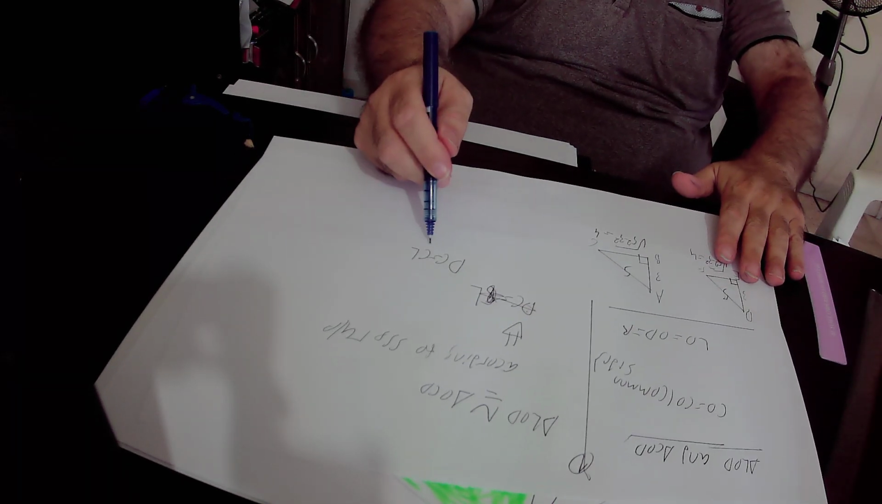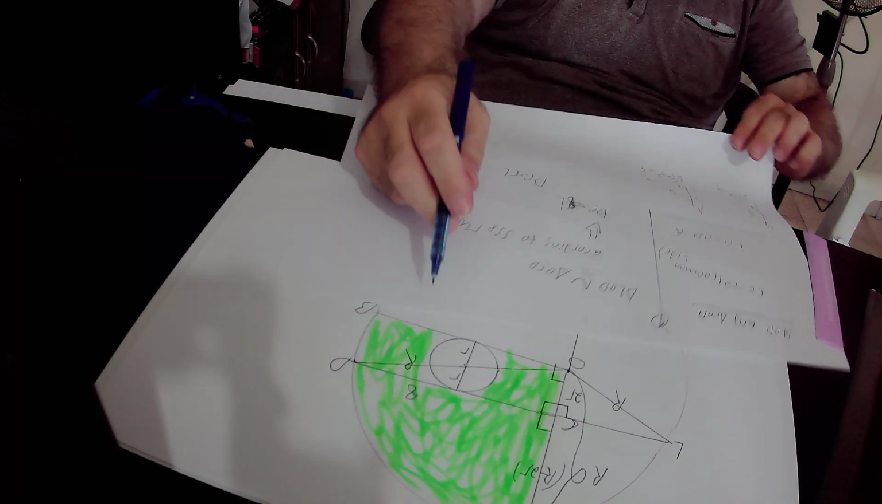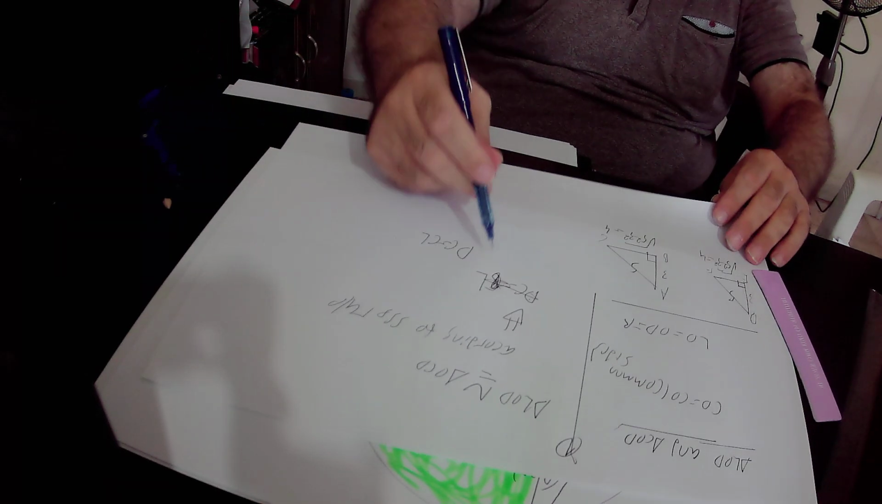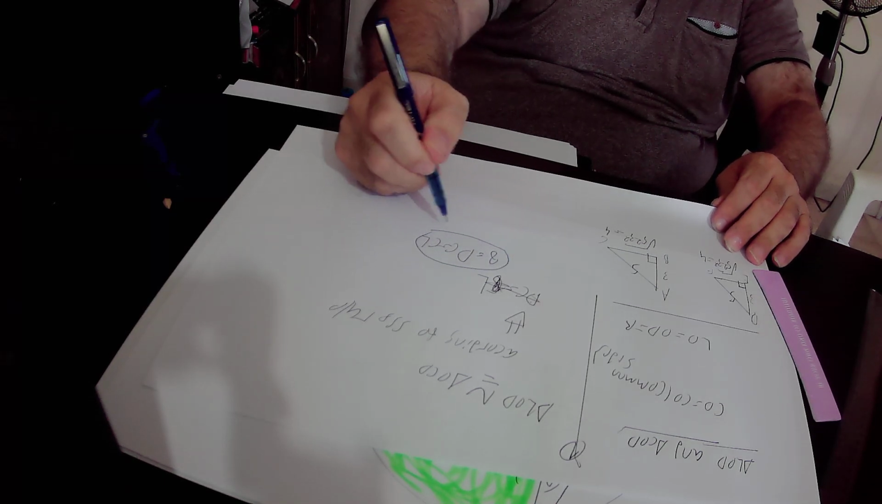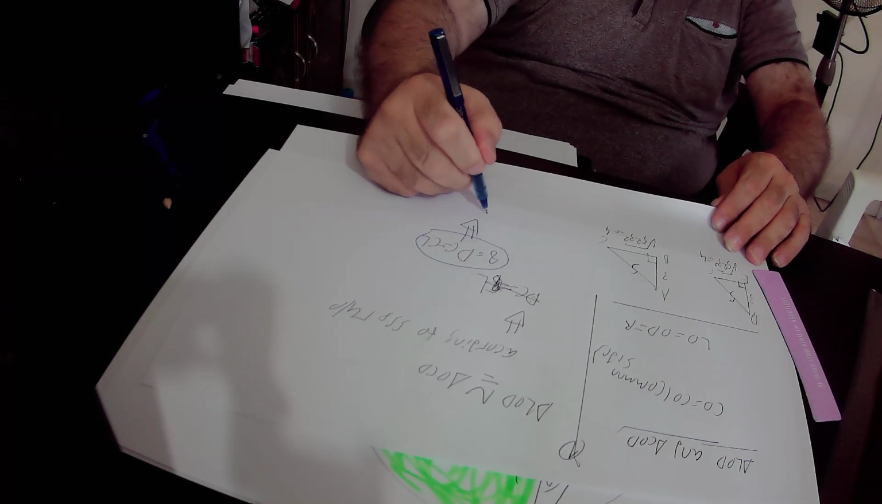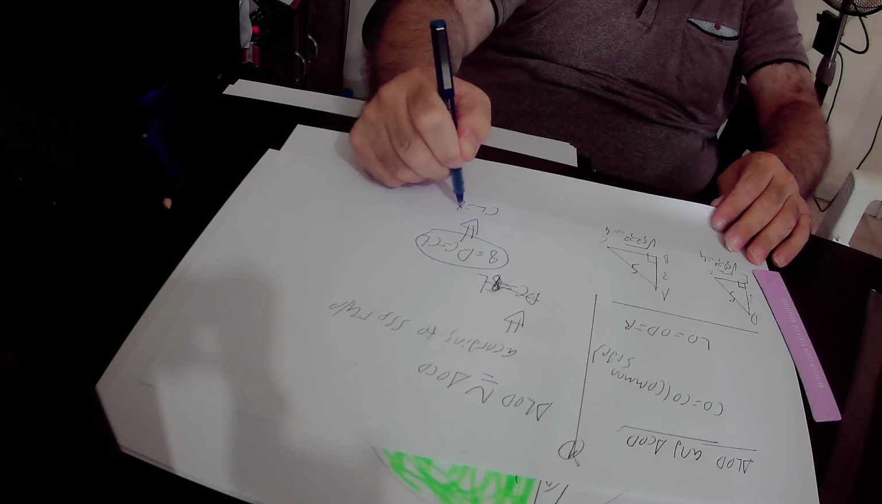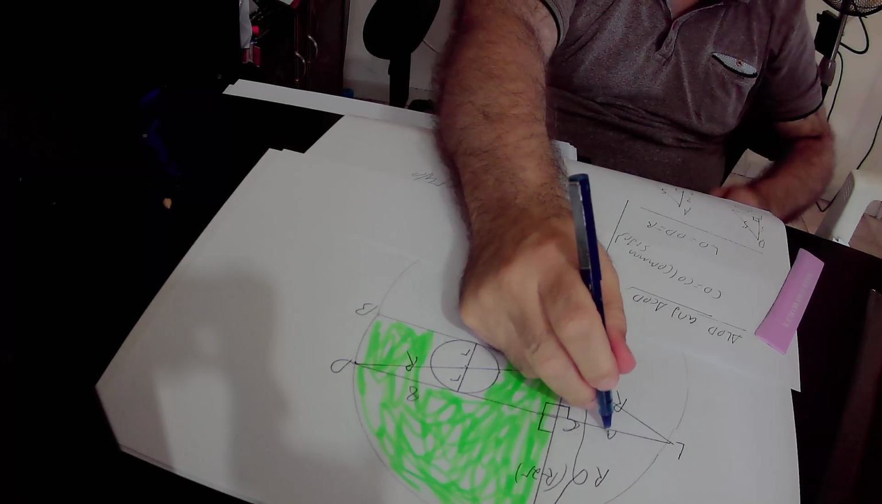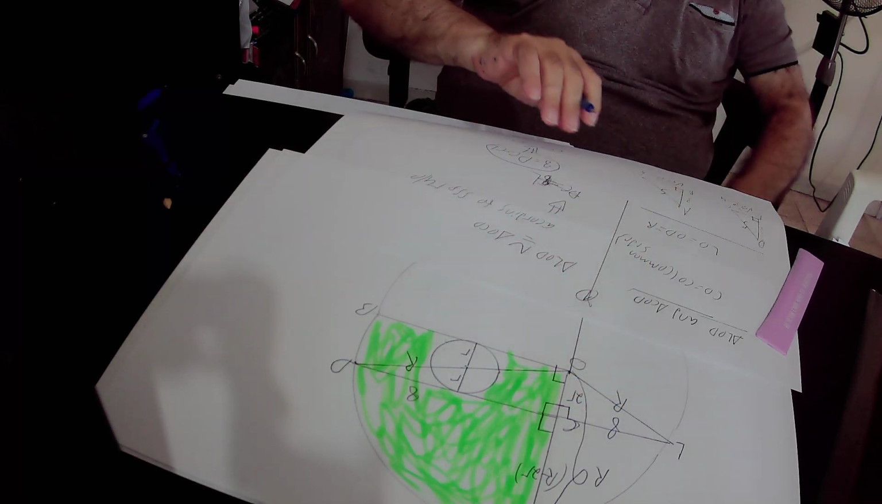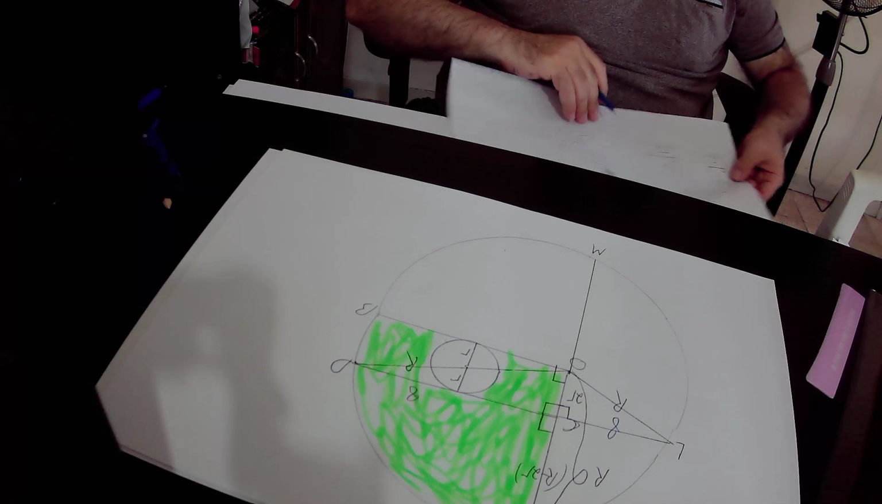So DC equals CL, but DC equals 8 units according to what is given in the question. DC equals 8, and from the equation DC equals CL, we derive that CL also equals 8 units. Here CL equals 8 units. So in the next step,